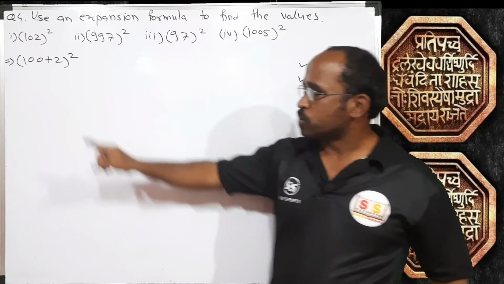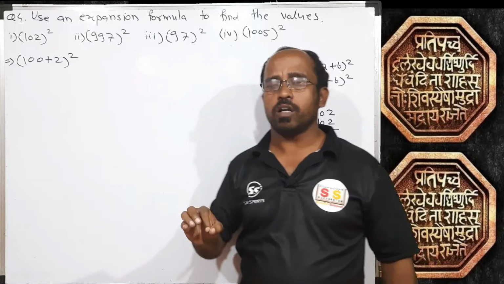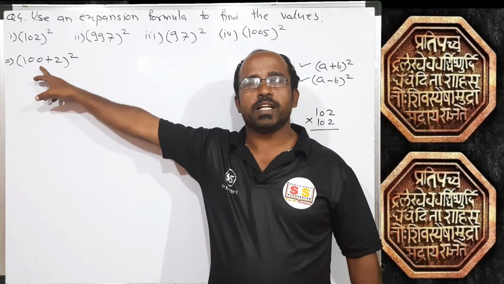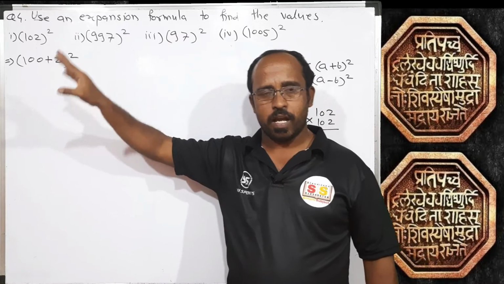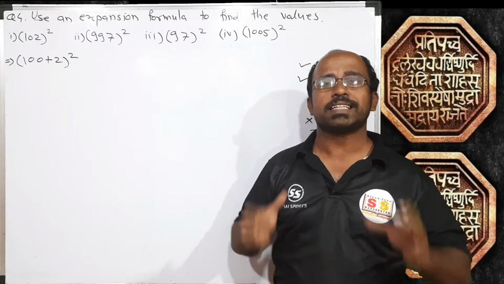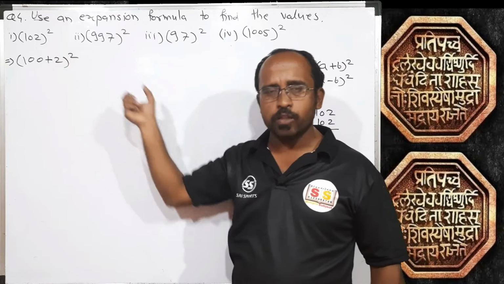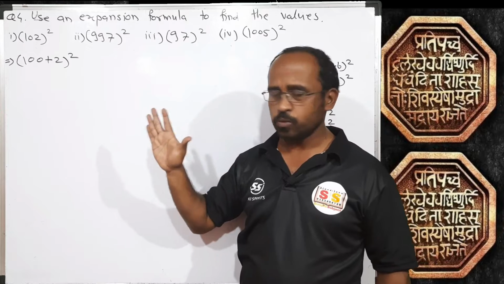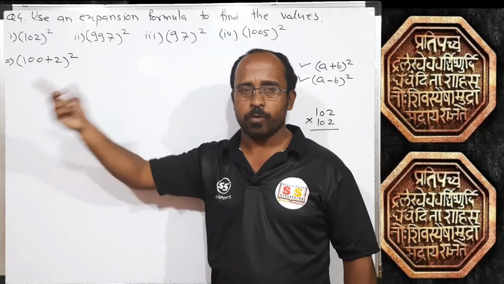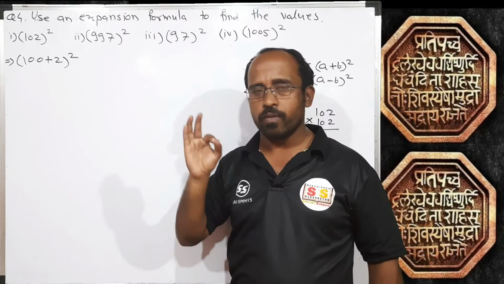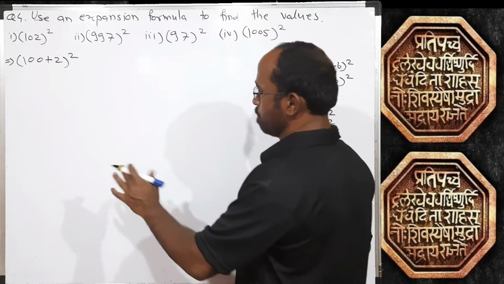Second thing, students, in the previous term we learned a lot about finding squares and cubes of numbers ending with 0. So such multiplication and such squaring is always easier. That's why we have to use it. Automatically you will come to know how easy it is. Okay, students? So 102 can be written as (100 plus 2) square, which means we can use the formula of (a plus b) square.